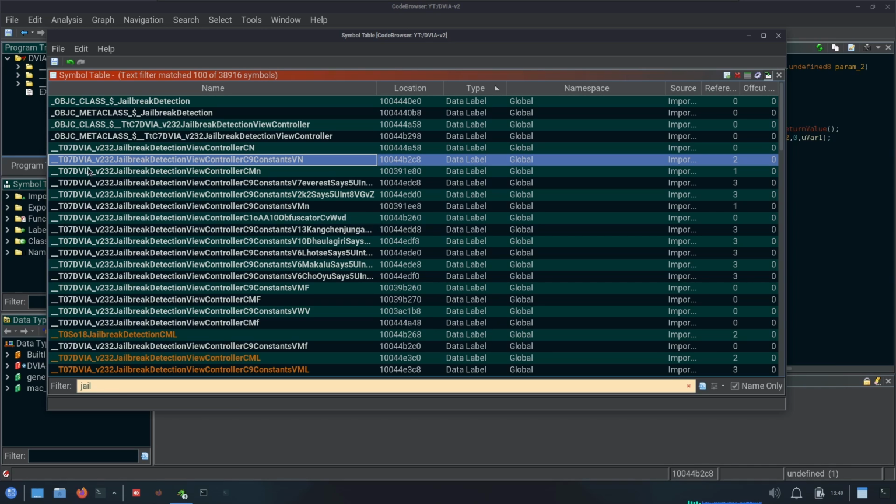For example, over here, if we remove this _T07, we can see that it's coming from the Devia_V2 application or framework. Then ignore this 32. Then we have JailbreakDetectionViewController, which is the name of the class. Then the name of the member inside this class. In a similar way, you can understand all these symbols, but since these are coming from the view controller,